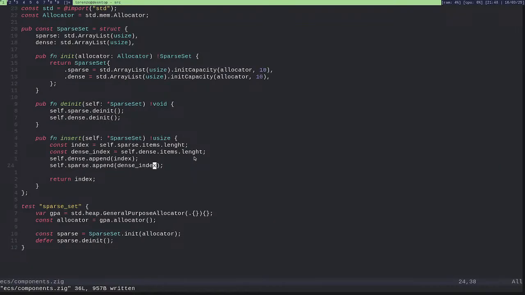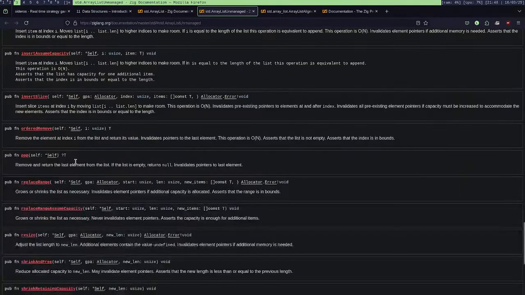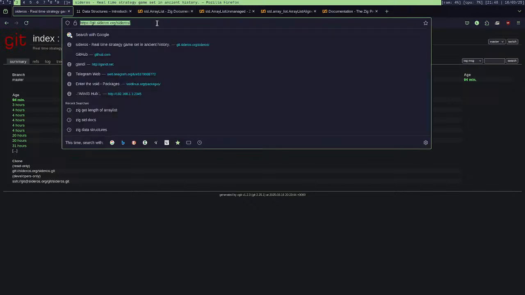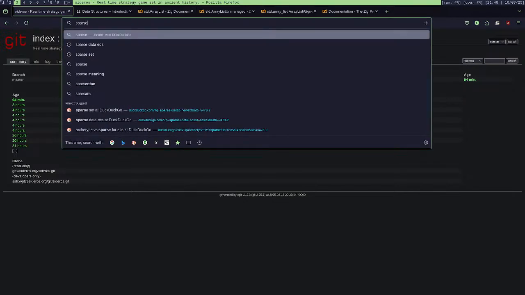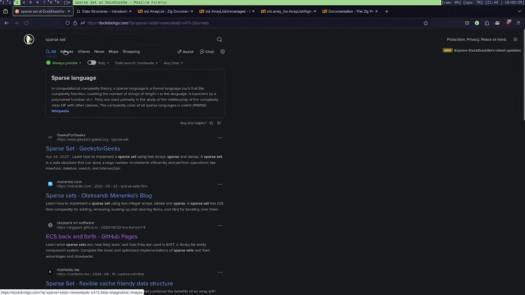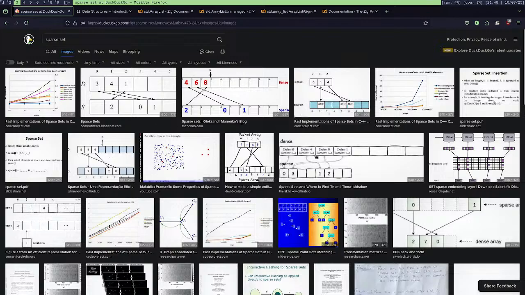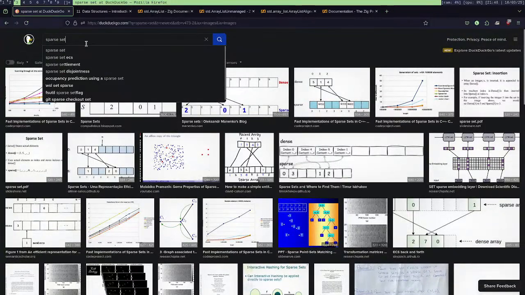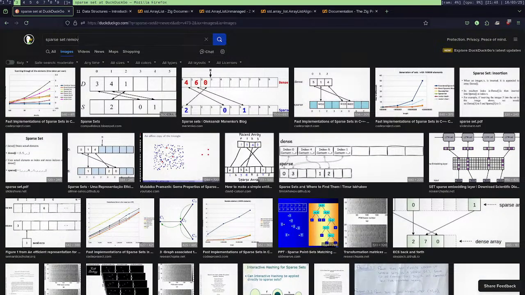But now what about removing? Because I could just very easily remove items, but I want to save space for entities. I don't want the thing to grow infinitely. Let's see if I have some kind of visualization.